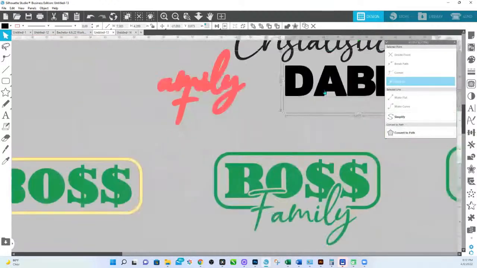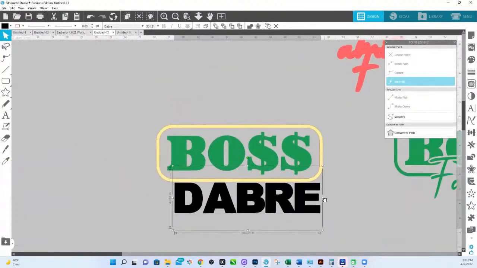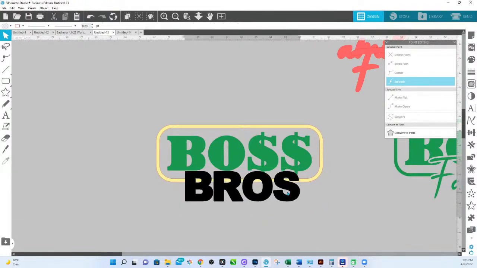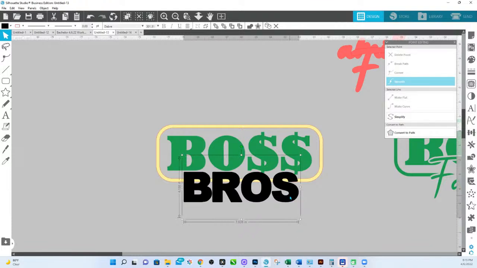Now we're going to go here. And only because I hear them, I'm going to go Boss Bros because my kids call themselves B-Bros, Big Brother and Baby Brother. And we're going to put that right there. And I could do an offset and have like right here where that S is, have it curve. But if I wanted it to be straight,